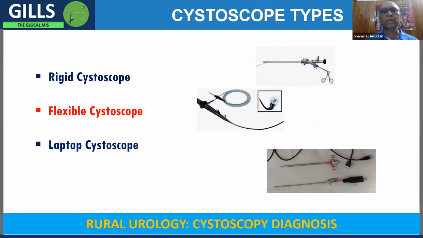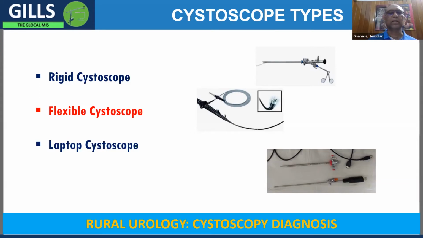And what do we mean by cystoscopy? Basically, this is an instrument or equipment which is used to have a look inside the bladder and the urethra, which connects outside to the urinary bladder. For many decades, we had only the rigid cystoscope, which is the picture that you see on top. This consists of three parts: one is the outer sheath, then the bridge and the telescope, and there is a channel for working.